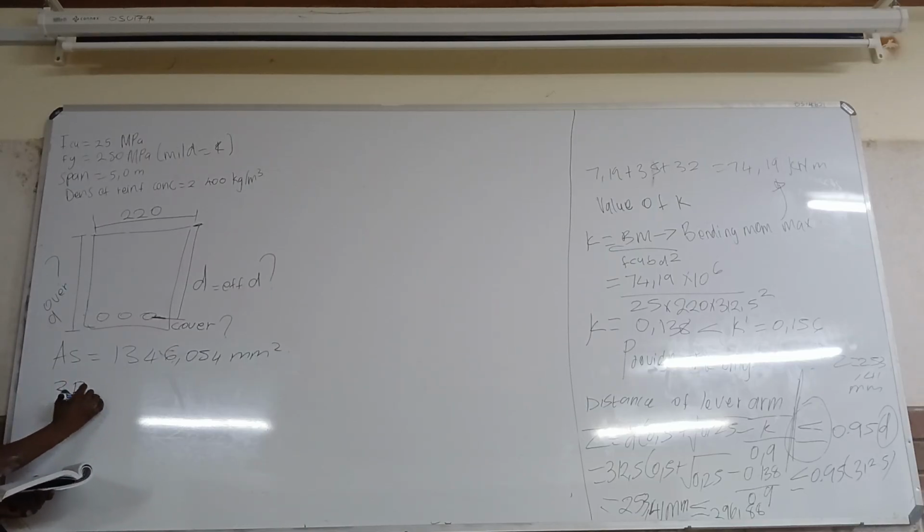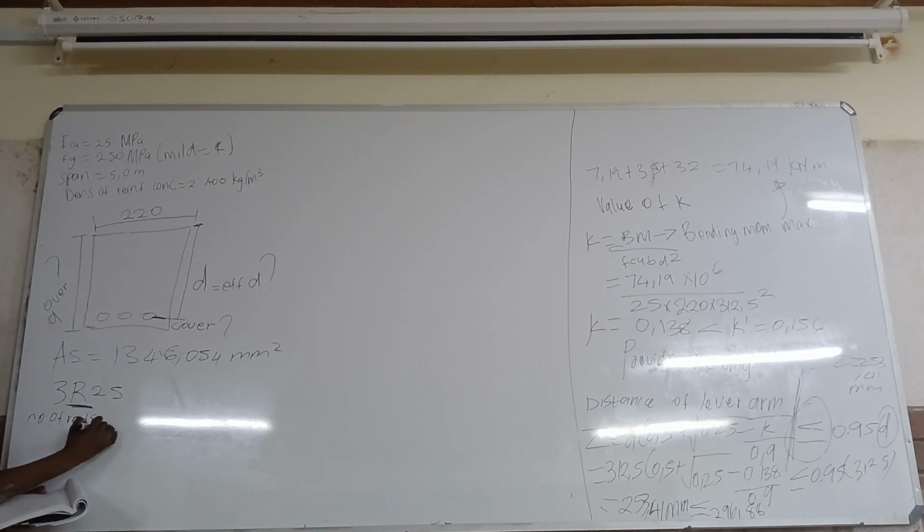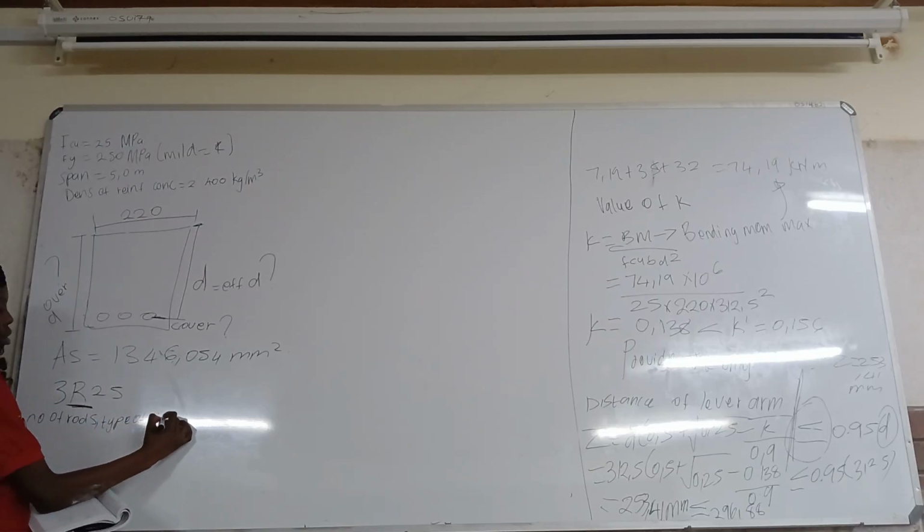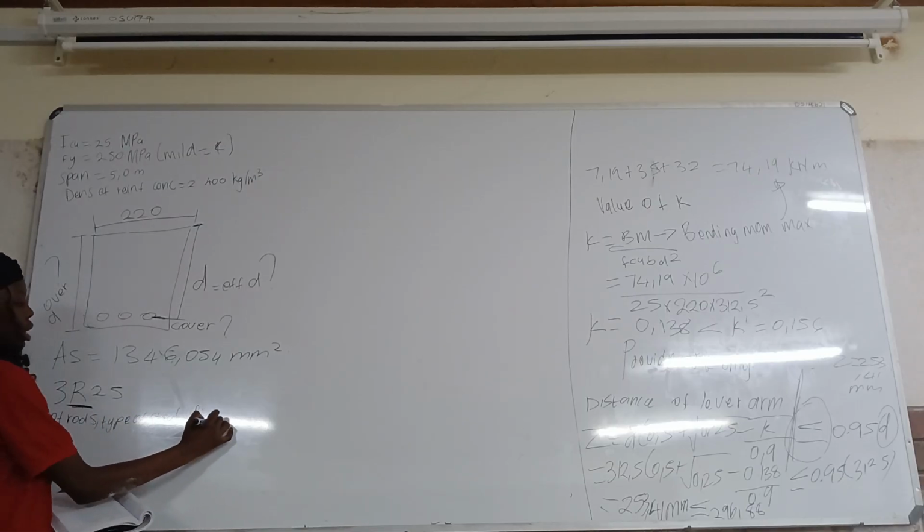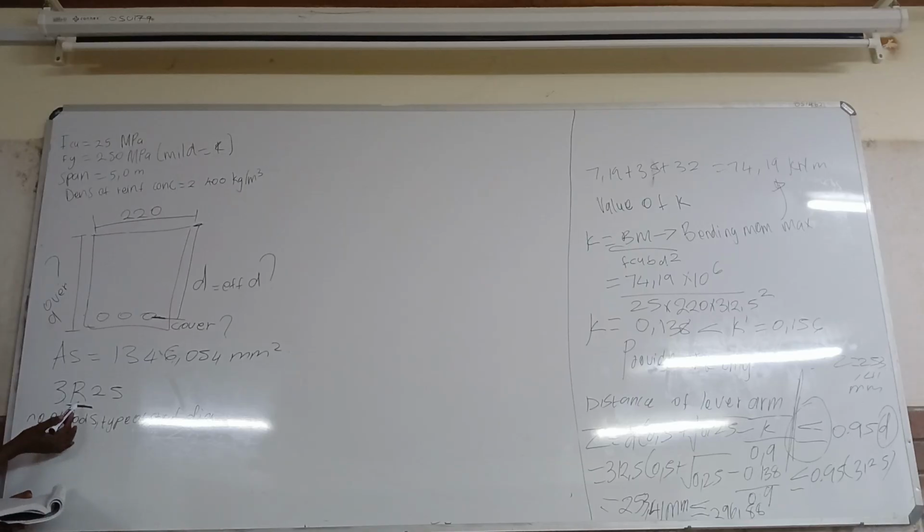3 are 25. Why you have R more? Because it's mild steel again. So it's 3 are 25. Put in my number of rods again, and then the type of steel. Then diameter again. So the number of rods is 3, type of steel is R because it's mild steel. The diameter is 25. And then more than 2, 1 over AS is equal to